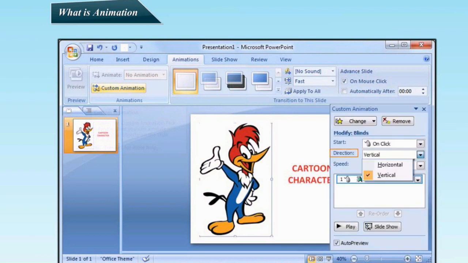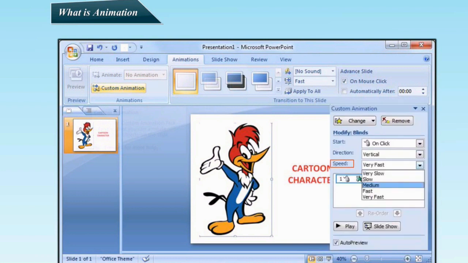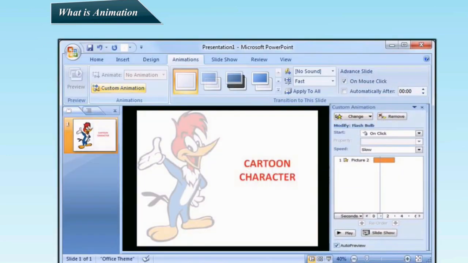Select the direction, select the speed. If the auto preview button is checked, then whatever animation you click, you can see that preview here. You can also use the play button to see the preview of the animation. Animation preview: to preview the animation on a slide, click play and then click slideshow.